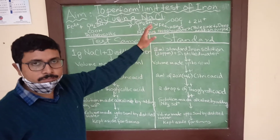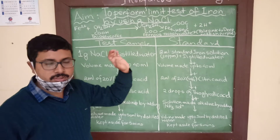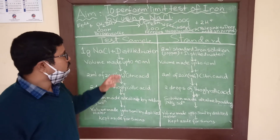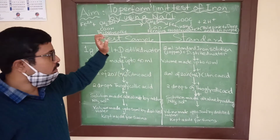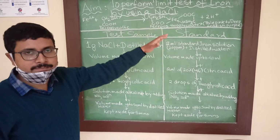The color of this complex is compared between the test sample solution and the standard solution. So this is basically the principle of this limit test. So here we will be preparing test and standard sample solution